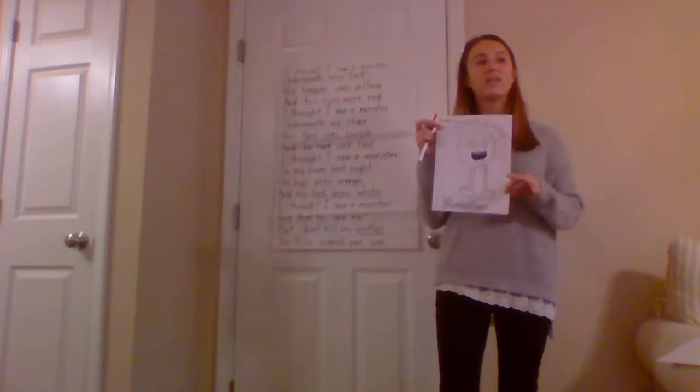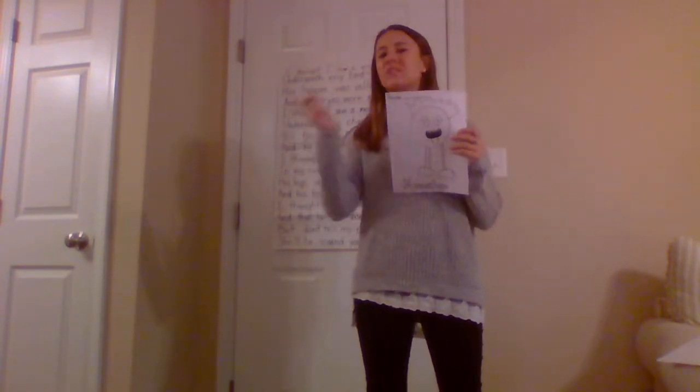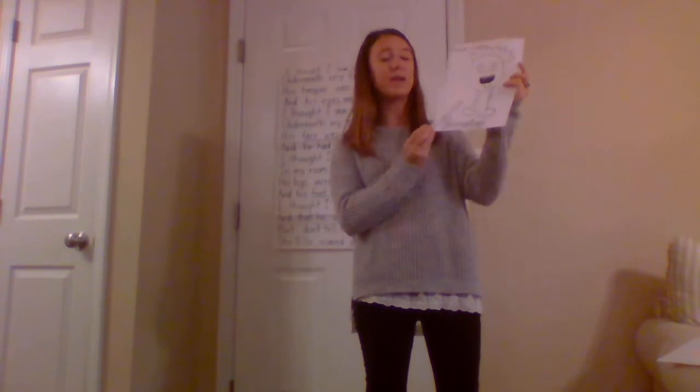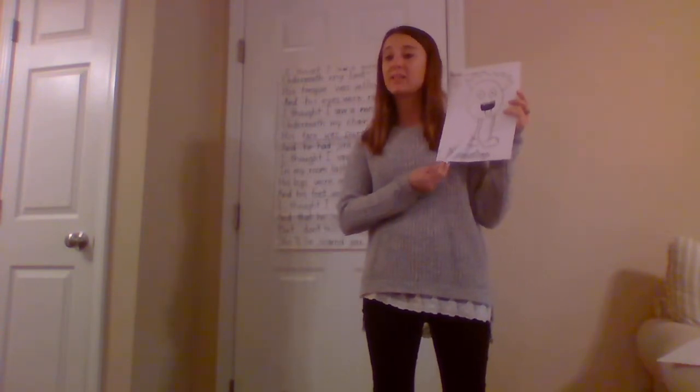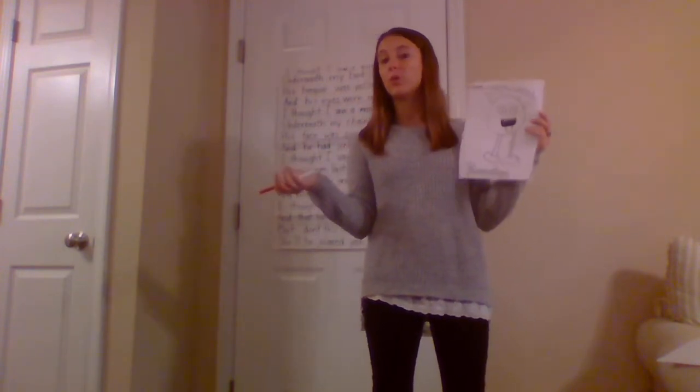Now, I want to hang these up in the hall. I think I'm going to hang these up for Halloween. But in order to do that, I need to see kindergarten coloring. I don't want to see preschool coloring where it's all outside the lines. I want to see beautiful, inside the lines, best work, okay? After you're done coloring the monster, you put your name at the top. You can color in this word down here as monster. You can color in that however you would like. Also, when it says his feet were white, because it's on white paper, his feet are already white. So you don't have to color in his feet unless you have a white crayon and just want to, okay?